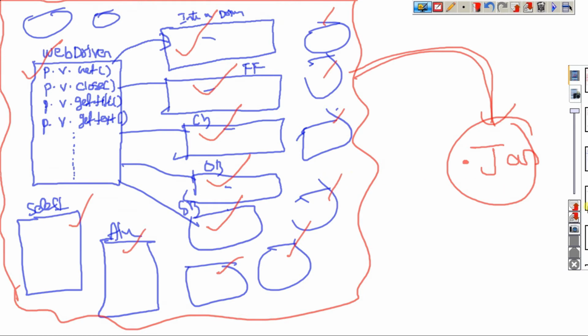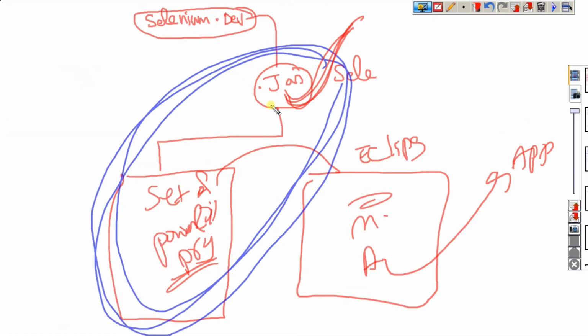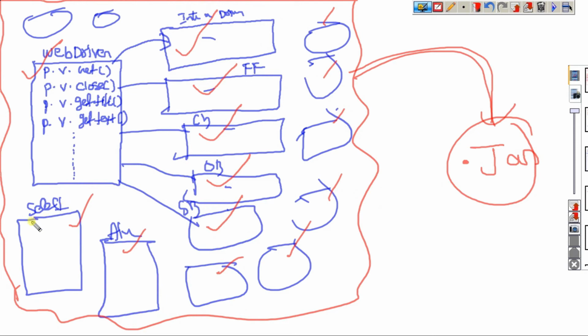Okay, what I told here is that these jar files I can configure into my Eclipse and use. How do we use them? For example, this is a class, and the class name is Select. This class has some methods, and you want to access those non-static methods. So, Select object: O select equal to new Select.